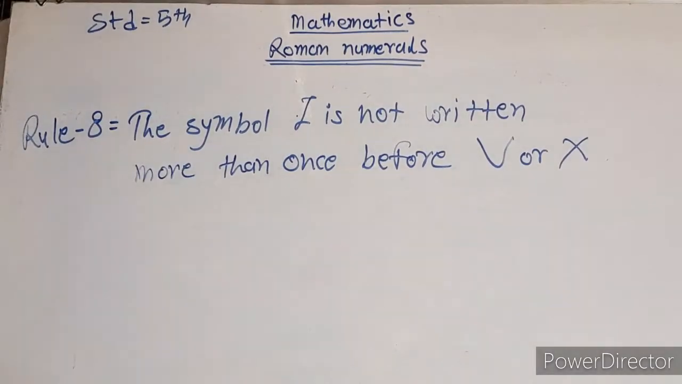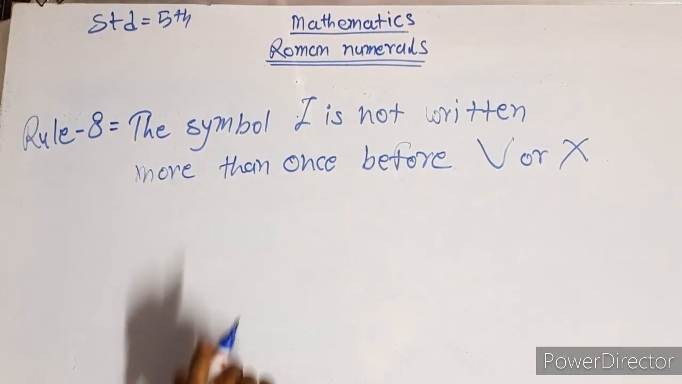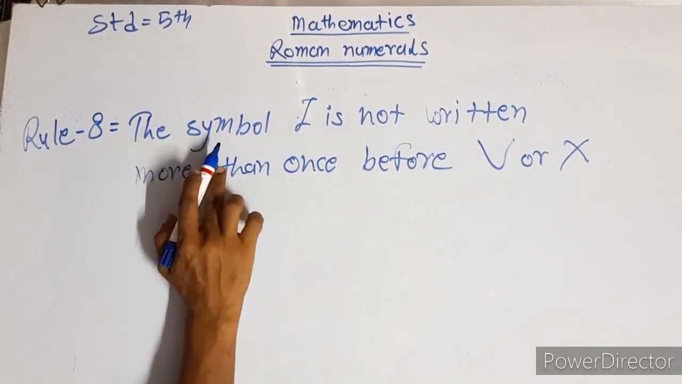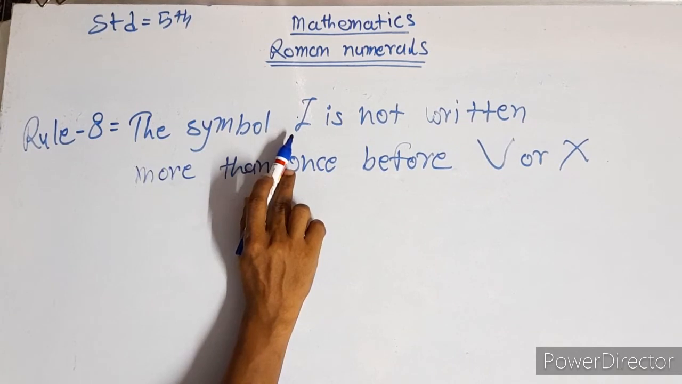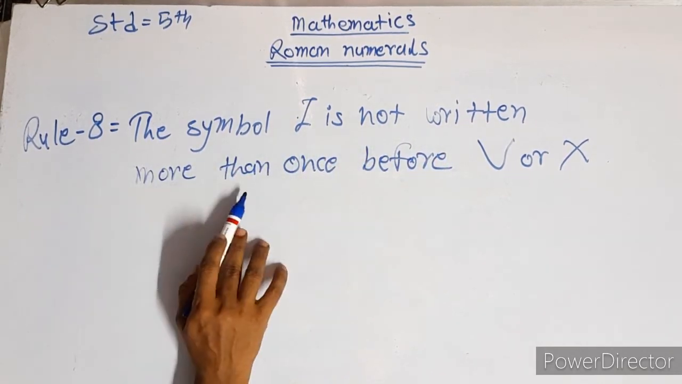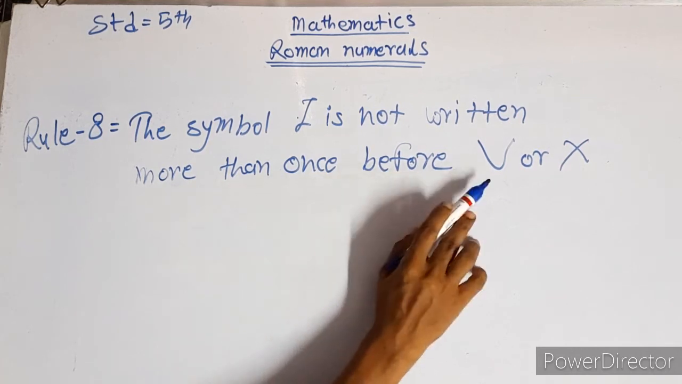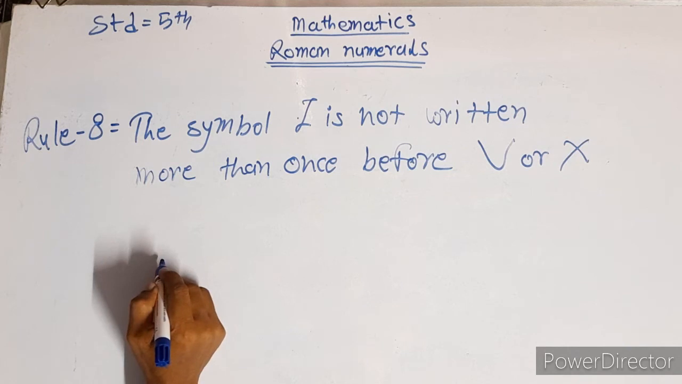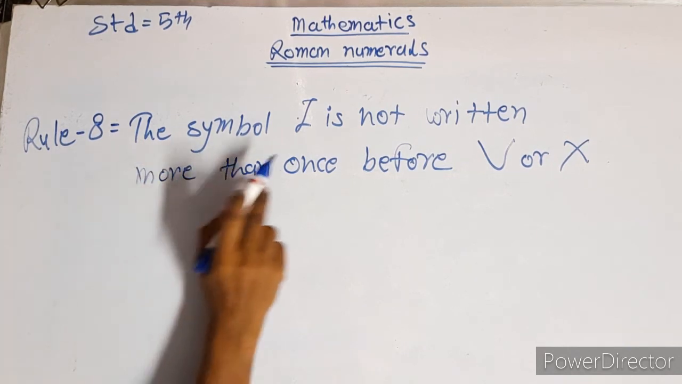Rule number 8. The symbol I is not written more than once before V or X. The symbol I is not written more than once before V or X. For example,